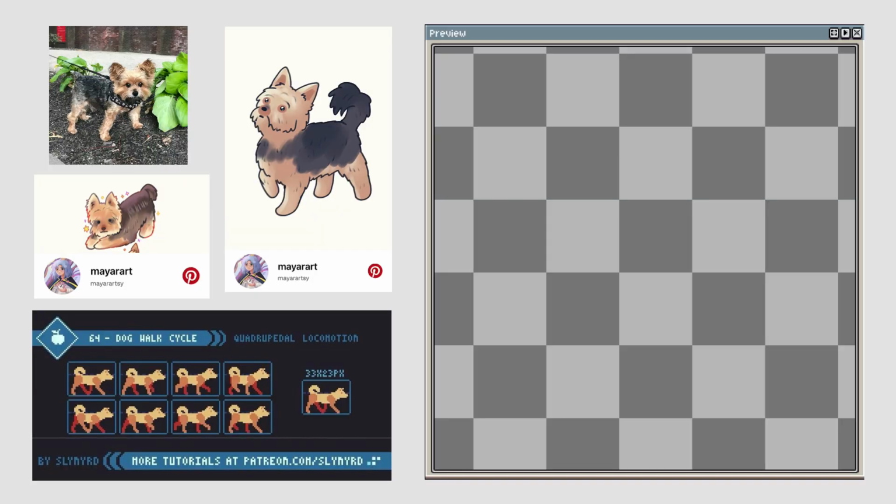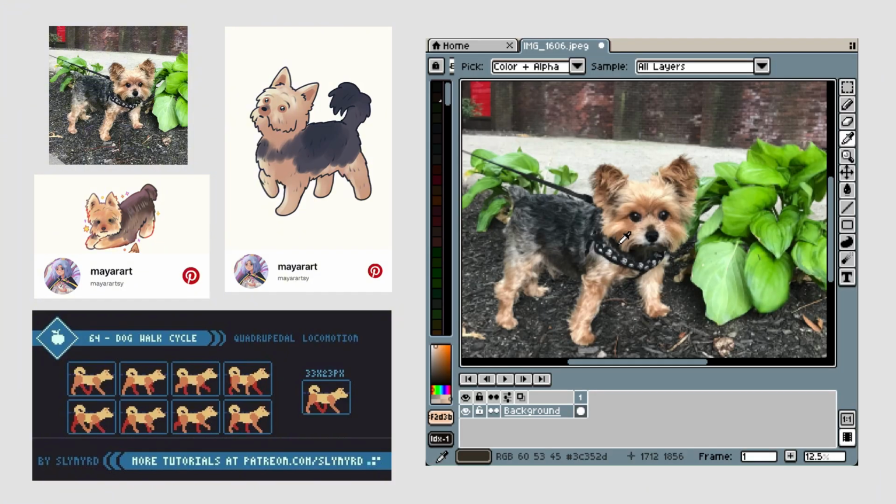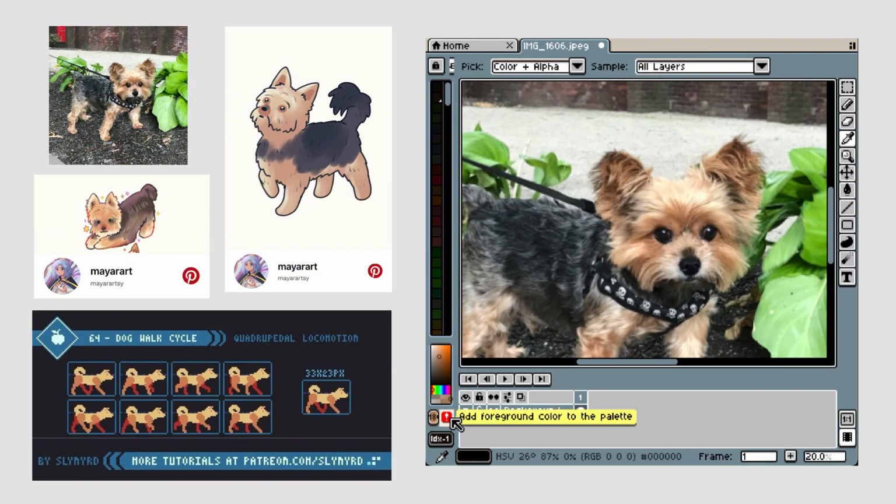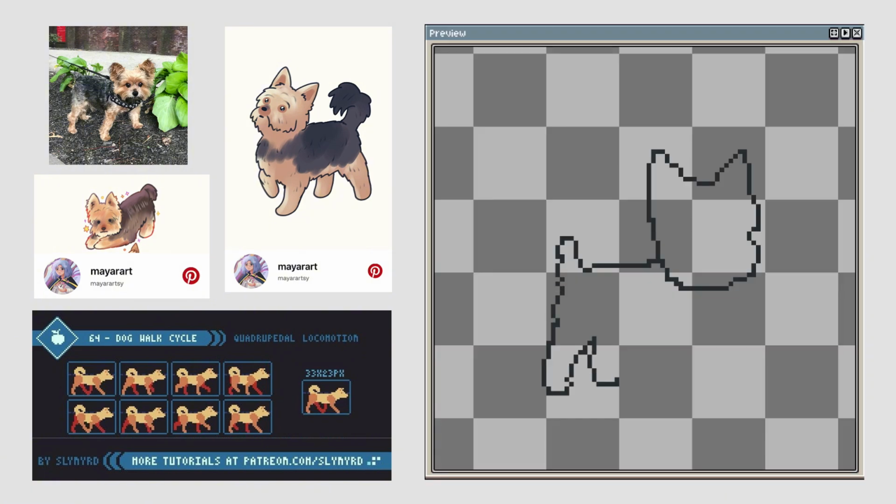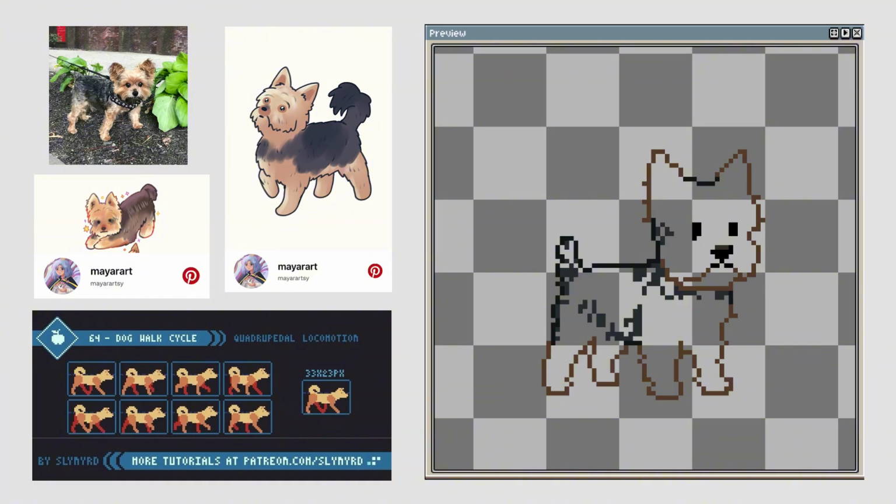Alright, now that I have my references, I just have a speed draw here. I usually use the ink tool to grab colors from the actual photos of the dogs, just to get a close reference for that fur color. I actually had a bunch of trouble trying to make the fur look textured, especially because I had to use like 5 different colors. It took me a few tries, but eventually I was satisfied with how the fur turned out and where I put the colors.